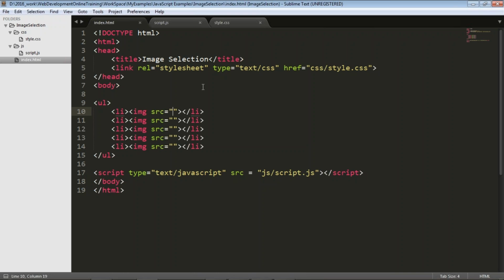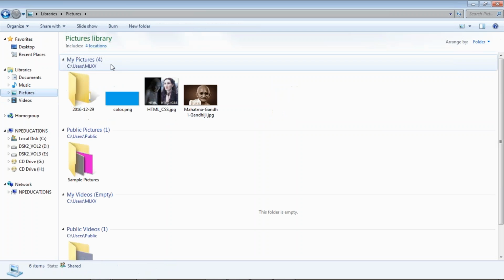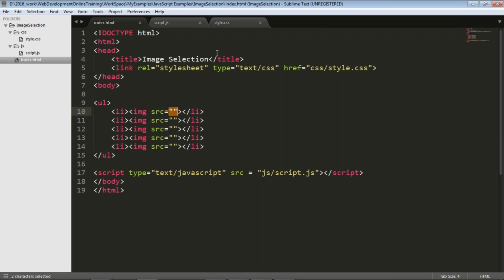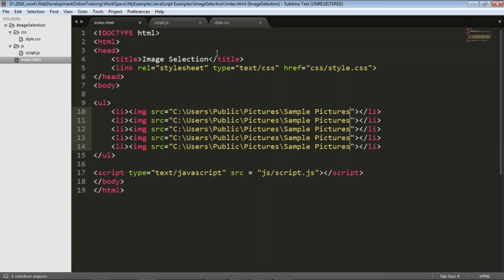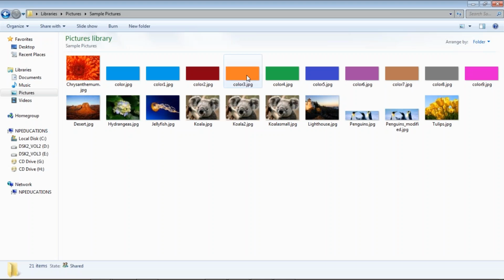And I need to locate my images here. Where are those images? I'll go to my pictures. I have them there. I'll take this URL path and place the same URL path. After that, color.jpg. This is one of the images I have in my pictures. Now I'm going to edit each one. Then I have another image named tulips. I have these: color, tulips, desert,